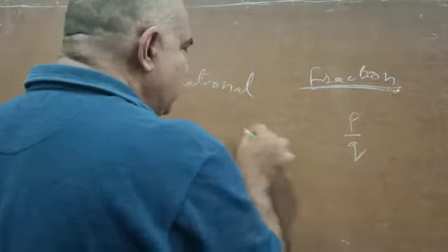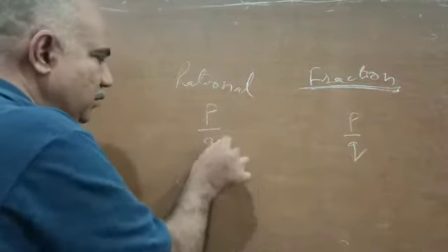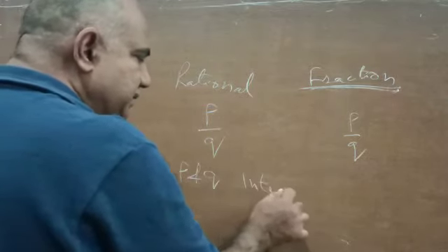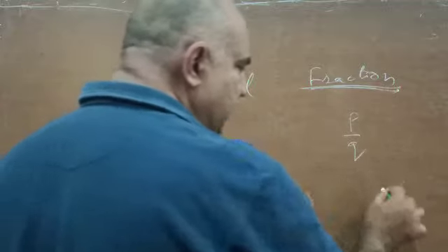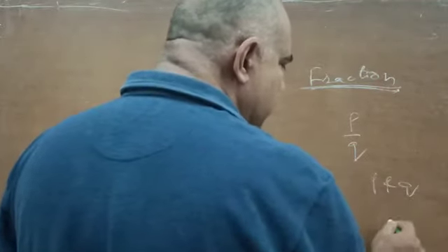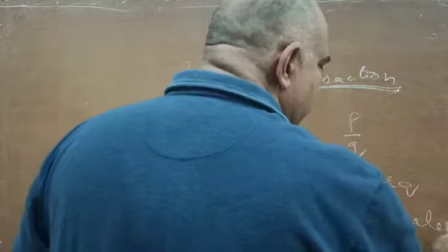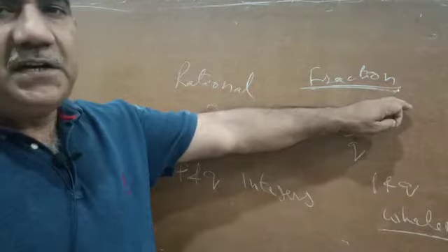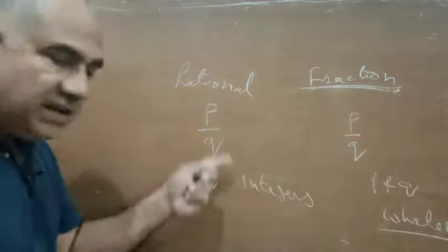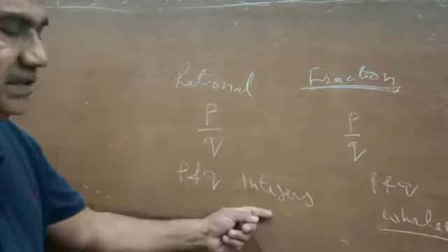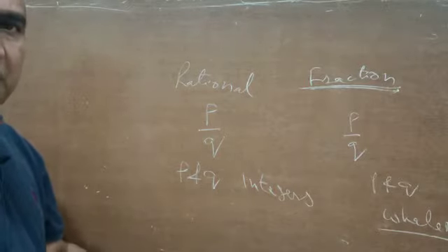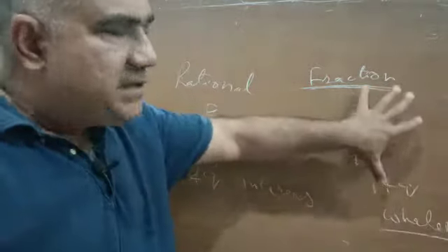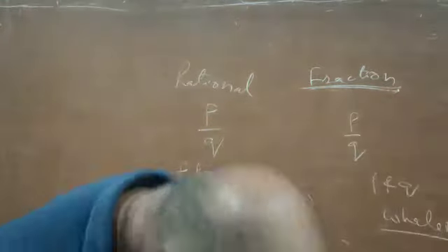upon q. This also can be in the form of p upon q, but here p and q are supposed to be integers. But here p and q are supposed to be whole numbers. This also means the very same thing, that a fraction can never be negative, though this can very much be negative. Integers are natural numbers with their negatives and 0, whereas the whole numbers do not contain any negative numbers. So a fraction cannot be negative, this can be negative.